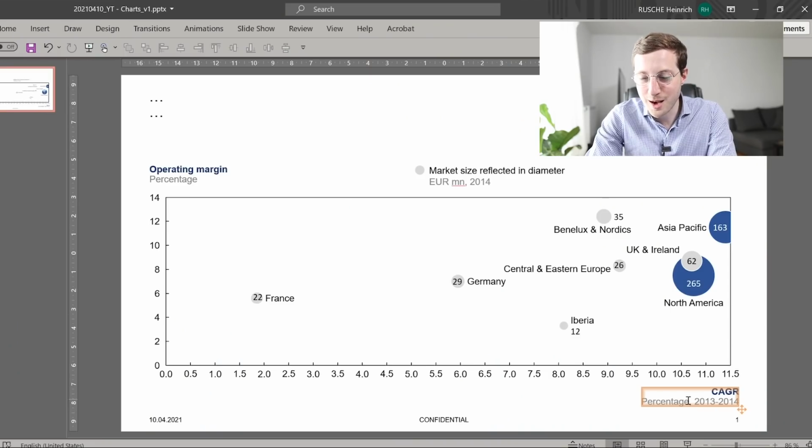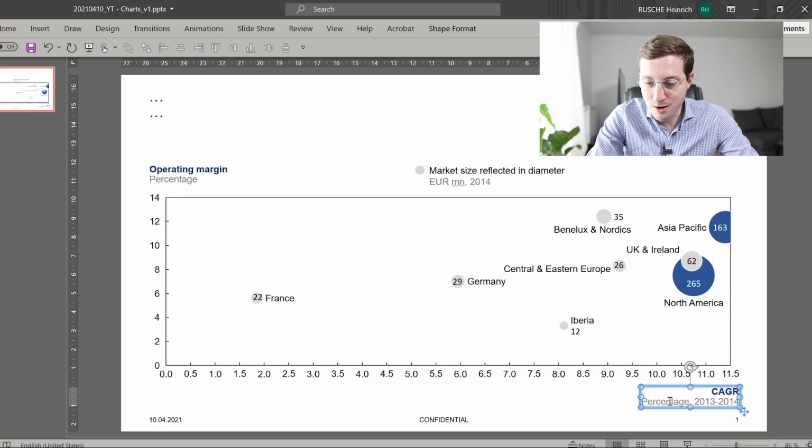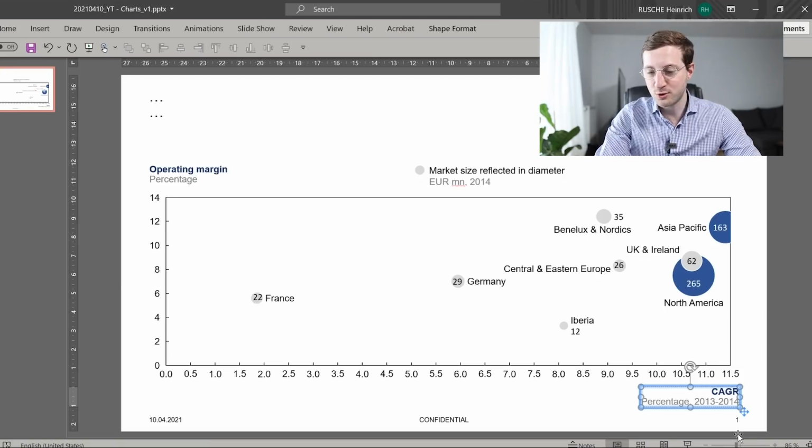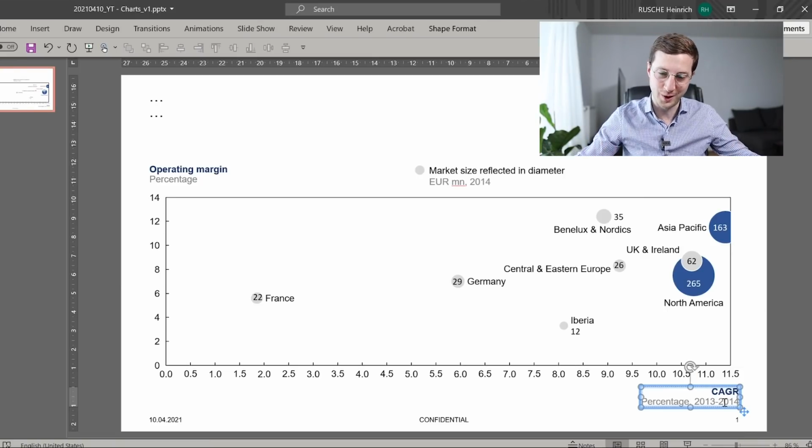But now, if you've seen my other videos, you know that one of the things that you should always look out for is that whenever you write percentage, so pretty much saying that this x-axis is showing percentage figures, you should always say the percentage of what is shown here. Because of course the growth rate could be the growth rate of all kinds of different things. But here in this example, this is supposed to be the growth rate of the revenue.